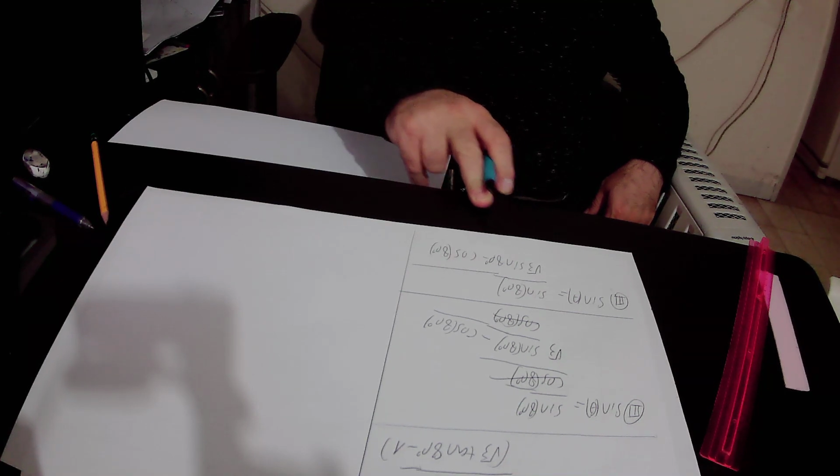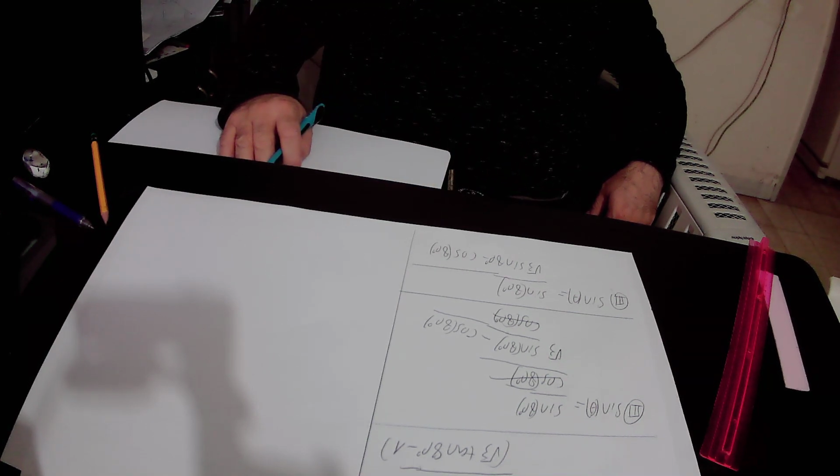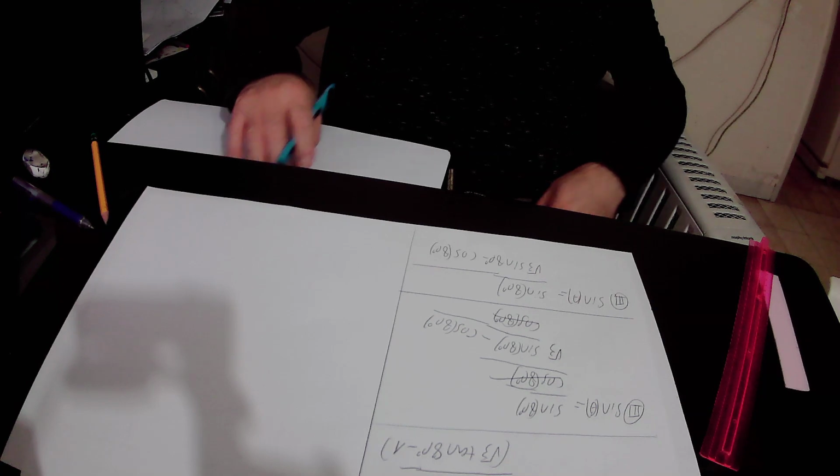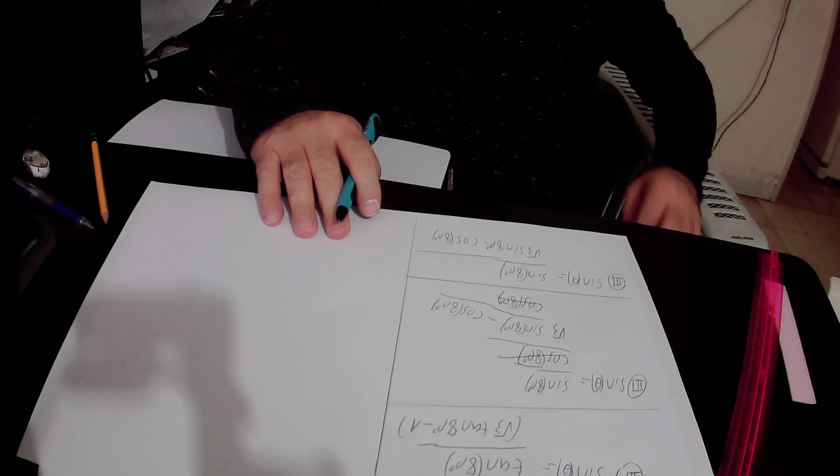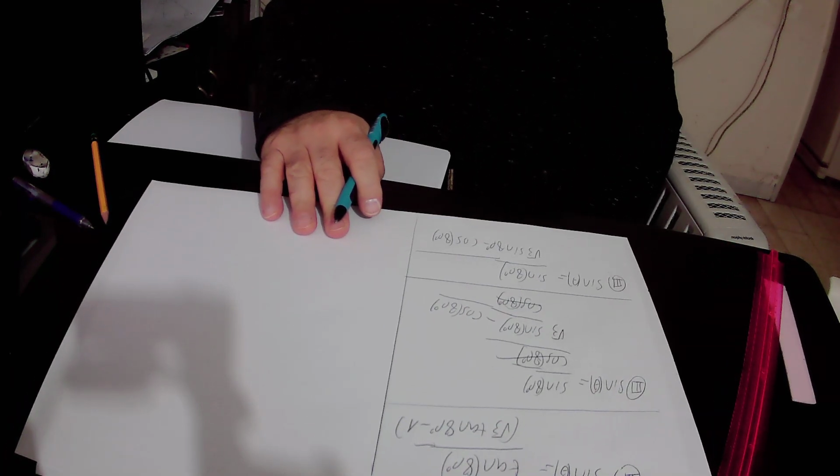It is allowable to multiply by 2 and divide by 2 any expression, so we will do it because we change nothing actually,